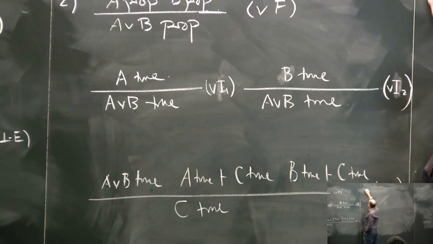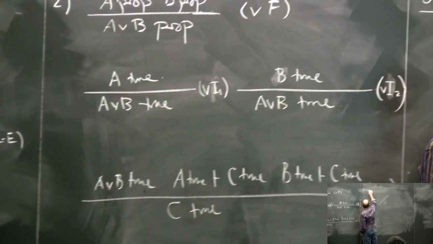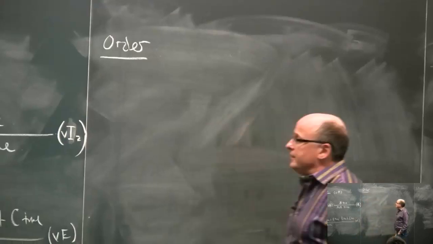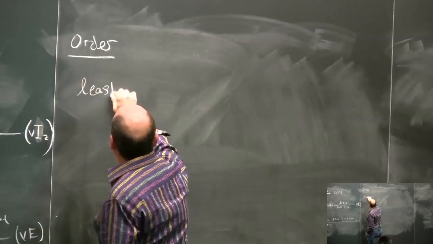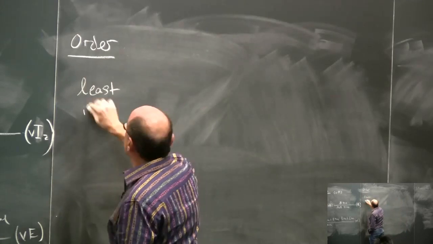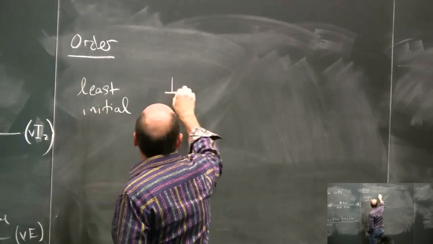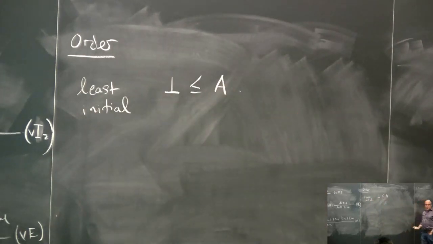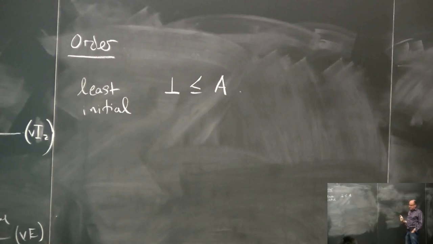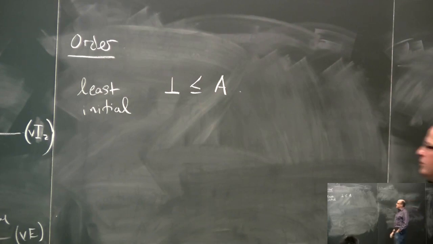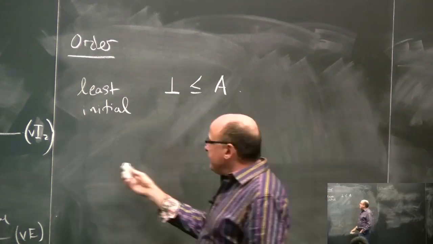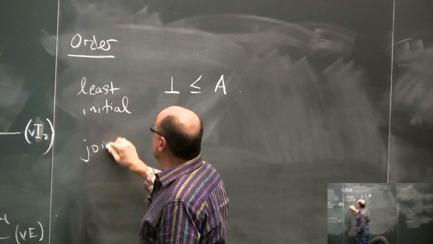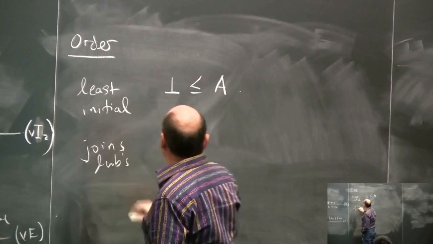In terms of order theoretic properties, you know what I'm going to say here. What we have is a least element, or an initial element, as it's sometimes called, which is that false is less than or equal to A, modulo the little bit of noise about whether we are doing equivalence classes of propositions. Let's not worry about that. So we'll just treat it as a preorder. So we'll say false is less than or equal to A. That's clear. False implies anything. And the other thing we're going to get is joins, or least upper bounds.